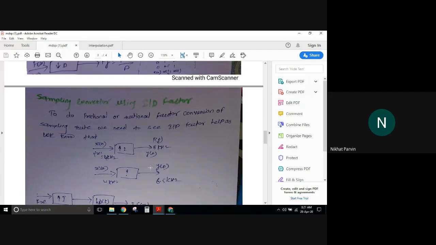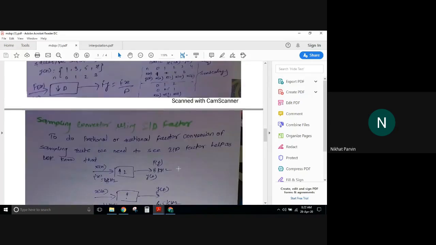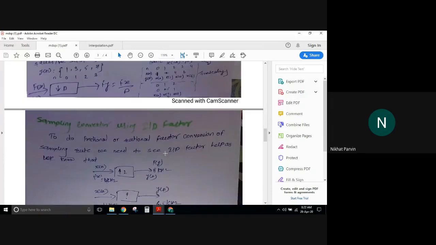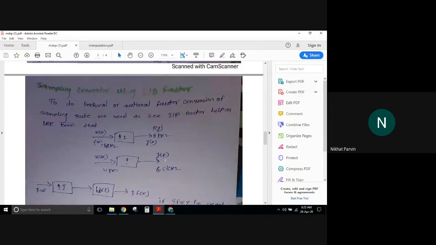But now if you are dealing with factors where the input sampling rate is 4 kilohertz and the output sampling rate you want to convert to is 6.5 kilohertz, or 8.5 kilohertz, or 9.5 kilohertz, something like that, meaning some fractional part, some rational factor exists, how do you do upsampling or downsampling? That is the problem, which we cannot solve by simply using interpolation or decimation alone. You should do something extra. So what is that? That we have to see.